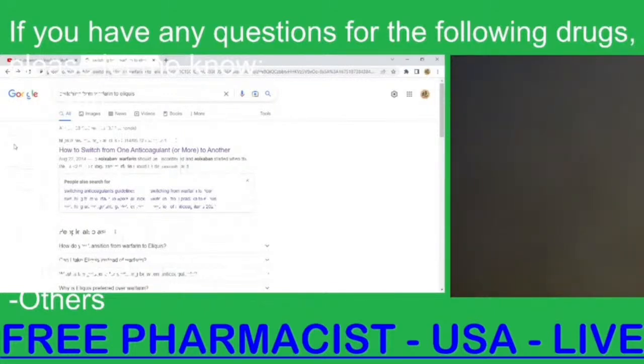At that time, I had time to send out the medication to the patient. For example, if I overnight, then the patient should receive the medication the following day. Or if the patient picks up the medication at the pharmacy window, then the patient has the medication ready to switch to the Eliquis from warfarin. So again, it depends on the INR level, so we can have the patient switch from warfarin to Eliquis